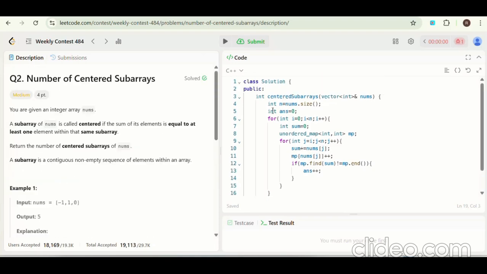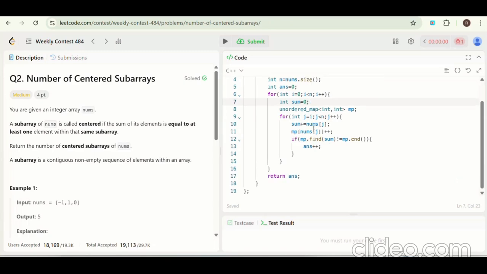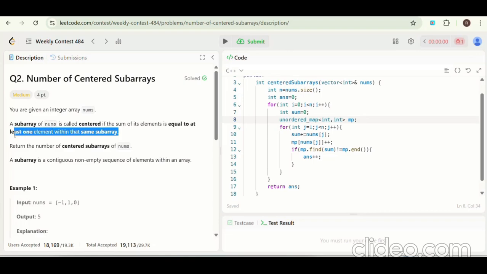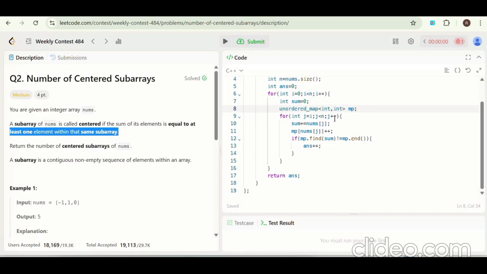If I go to the solution, we'll loop from 0 to n and we'll declare a variable sum and use an unordered_map. We are using an unordered_map because we need to search for at least one element within that same subarray.